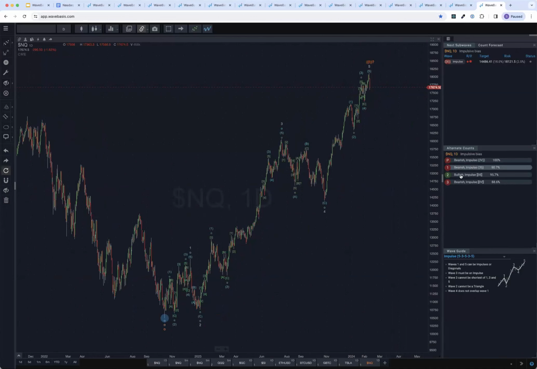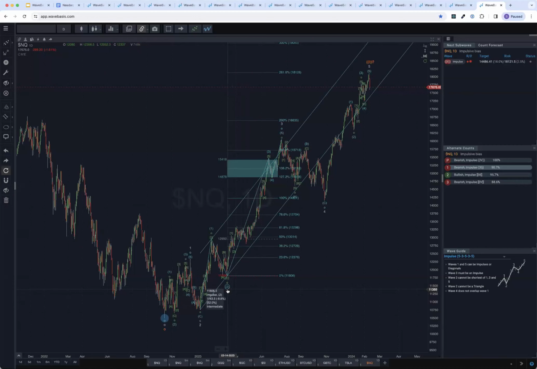Okay, here's a possibility, and this is a quite legitimate possibility. The alternate shows, rather than possibly topping in a wave 3, as in the count I just talked through, possibly we're topping in a wave 1. Now, how do we tell the difference? Well, as I talked through before, we look at the proportions in terms of probability of the internal structure, the internal subwaves of the wave pattern.